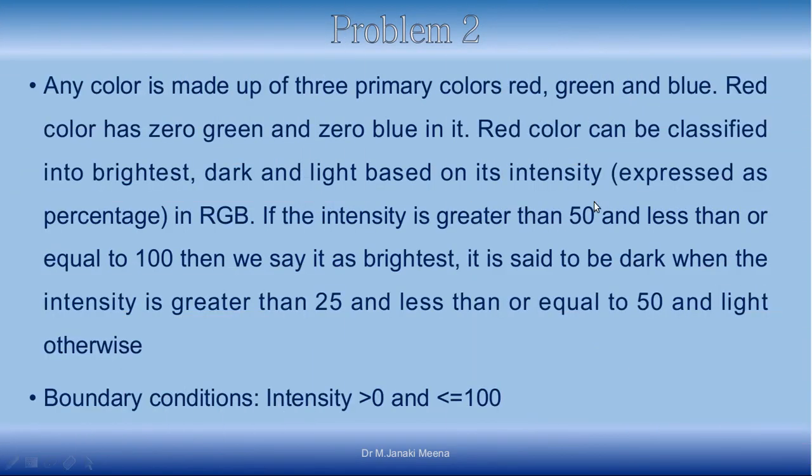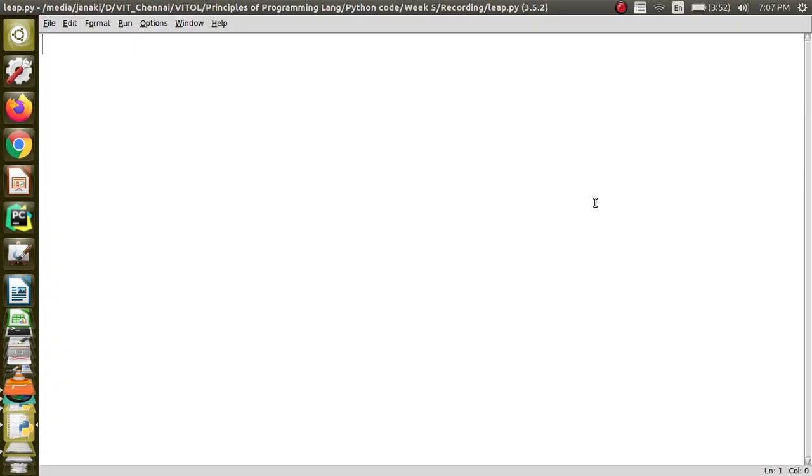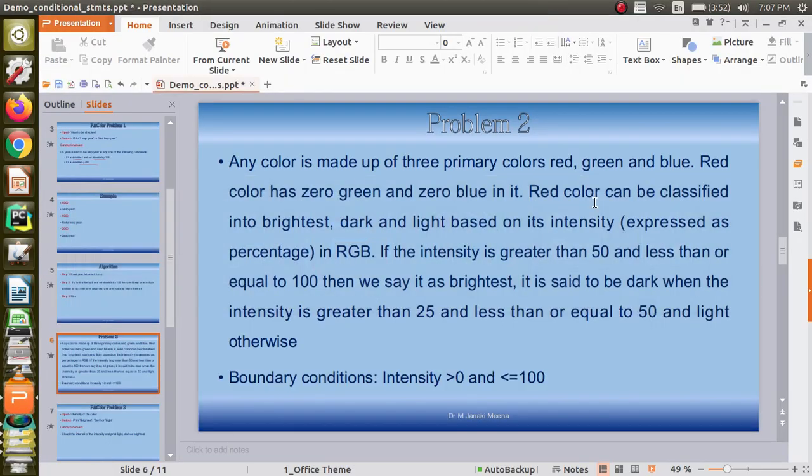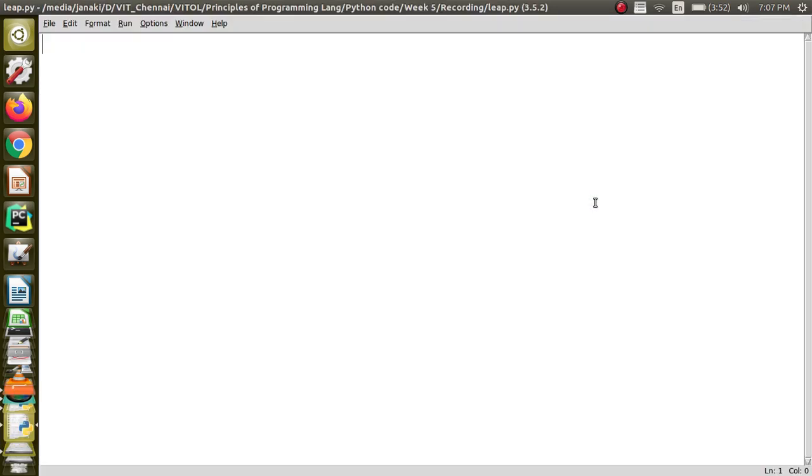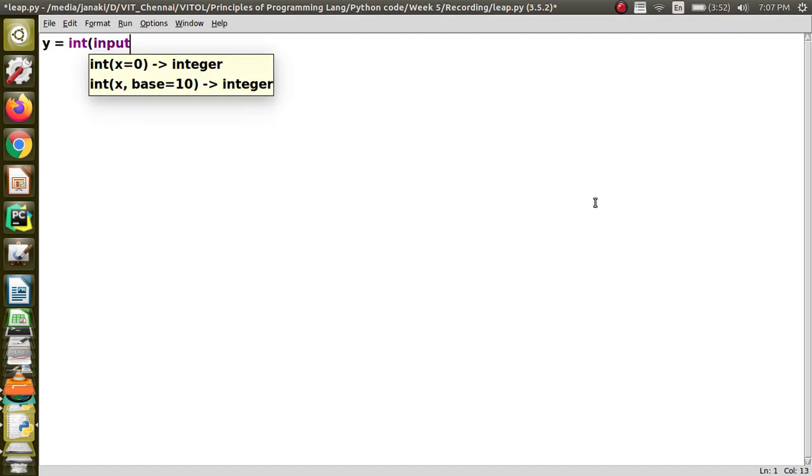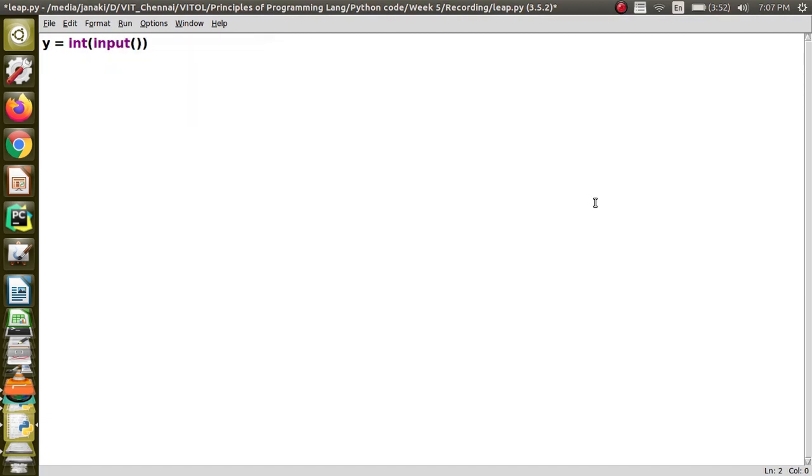Before going to the second problem, let us do this code. As per the algorithm, you have to read the year, and it is going to be an integer, so use the input function and convert it into an integer.